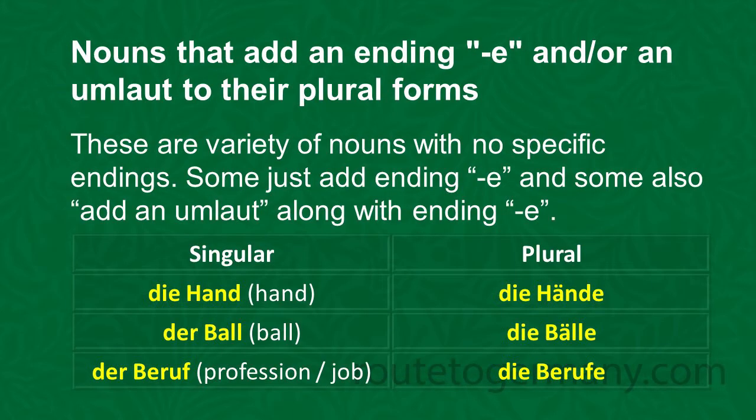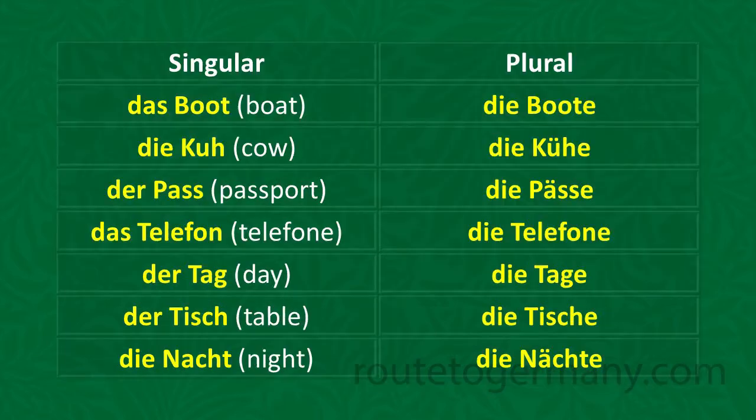There are a variety of German nouns which have no specific endings in their plural forms. Some just add an ending e, and some also add an umlaut to their vowel along with the ending e. Some common examples are die Hand, die Hände, der Ball, die Bälle, der Beruf, die Berufe, das Boot, die Boote,